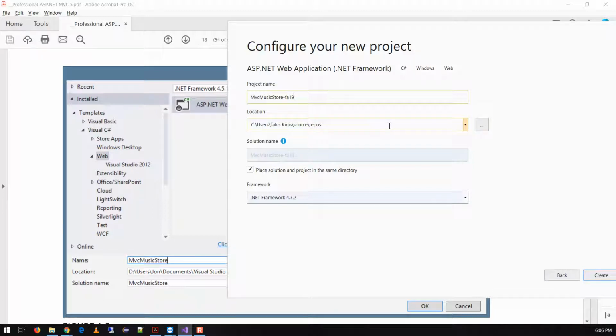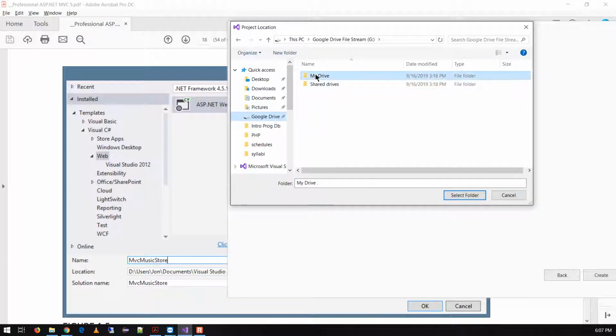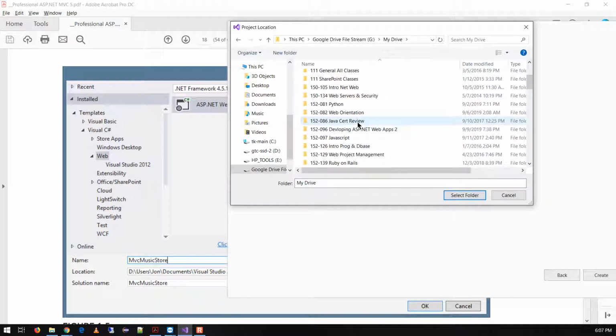I'm not a fan. So what I'm going to do right off the bat is change that. However you choose to work on your own equipment, that's up to you, but I would recommend that you have a folder structure that makes sense. To me, what they're doing doesn't make a lot of sense, but I know that the other aspect